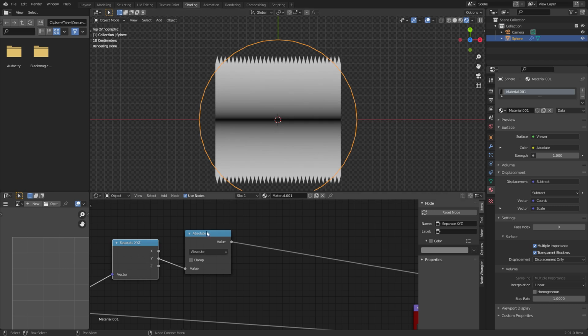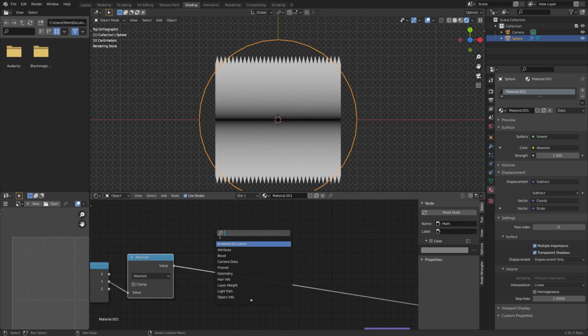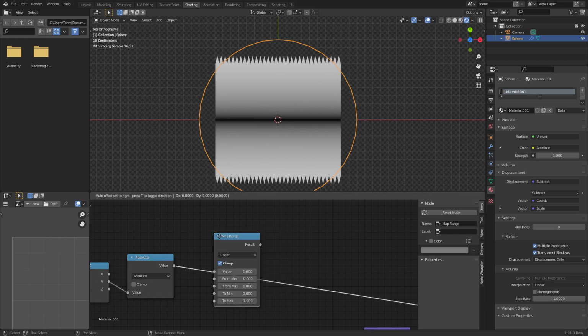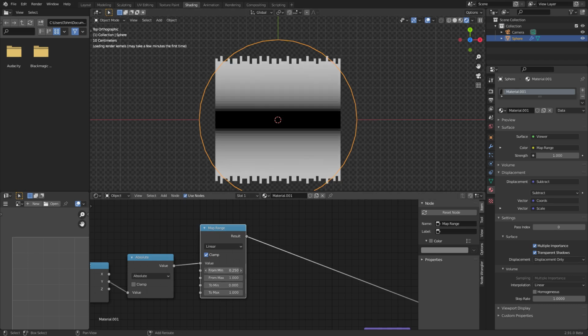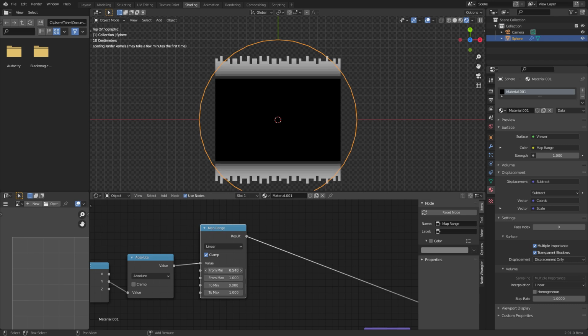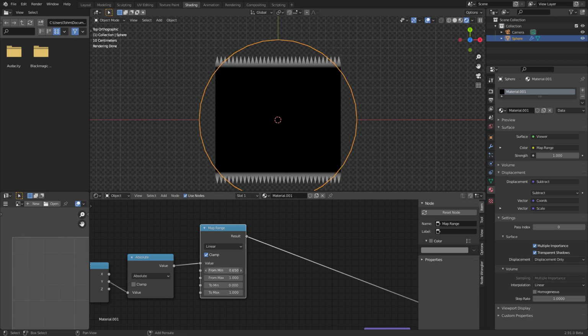And we need to now isolate that area. A quick way to do this with a gradient that isn't like a cutoff, right? With like a greater than, less than, is always this map range node. And what we want to do is kind of isolate these areas. To do that, I'm just going to bring up our bottom threshold, just so we're isolating it a bit better. And I guess the closer we get to this, the better, since we don't want to do, again,